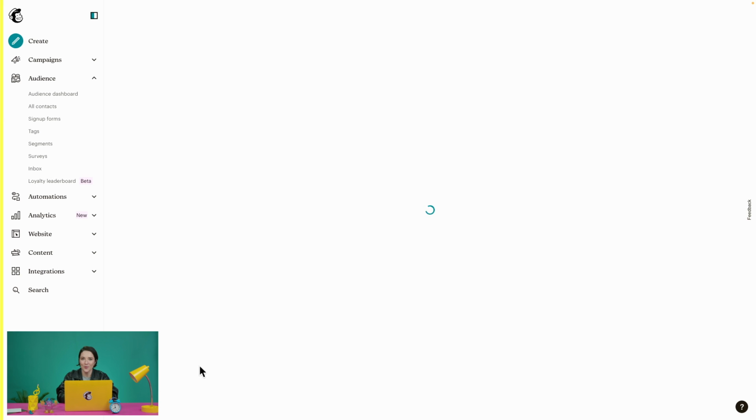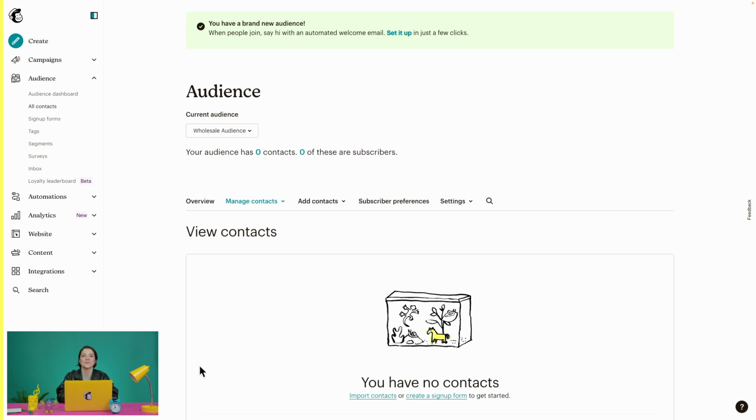Now that we have a new audience, it's time to start adding some information to it. In order to do that, we'll need to set up our audience fields. That's right. Audience fields are where you keep your information on your contacts. They're a lot like cells in a spreadsheet. They store email addresses, names, birthdays, other information. You'll be able to see this information in a couple different places. You'll see it in your audience's contact table, which is a list view of all of your contacts,